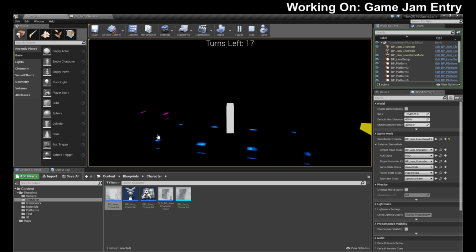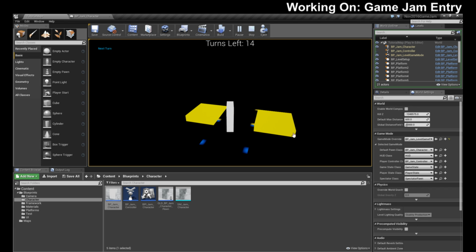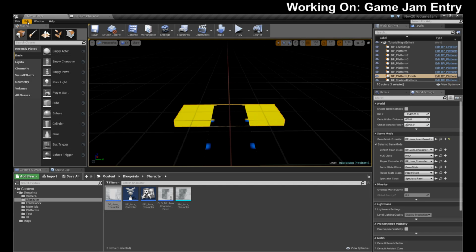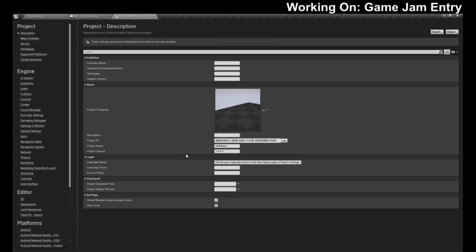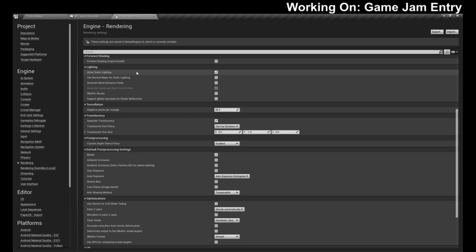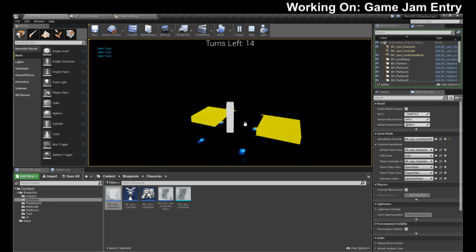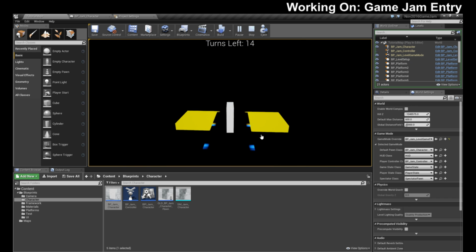So you can move and click on stuff. Things glow like... Oh, I don't have bloom turned on anymore. Huh, should I turn bloom back on? It was kind of really cool when you clicked on that. Let's go back to project settings, rendering. Let's turn just bloom on and see what happens. I think it's a motion blur that I don't like. Okay. Woo! Yeah, I like that.